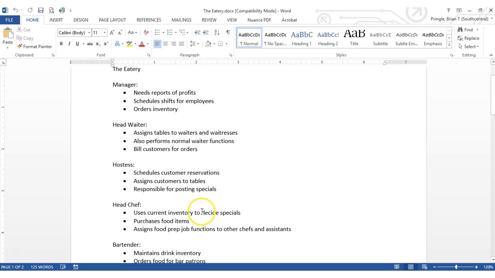We have a head chef who's responsible for using current inventory to decide what our specials are. He or she is responsible for purchasing food items, and also for assigning food prep job functions to other chefs and assistants. So maybe we have some chefs that are responsible for baking cakes and other desserts, and we have our sous chef. We have people that are responsible for appetizers and hors d'oeuvres, and so the head chef is responsible for